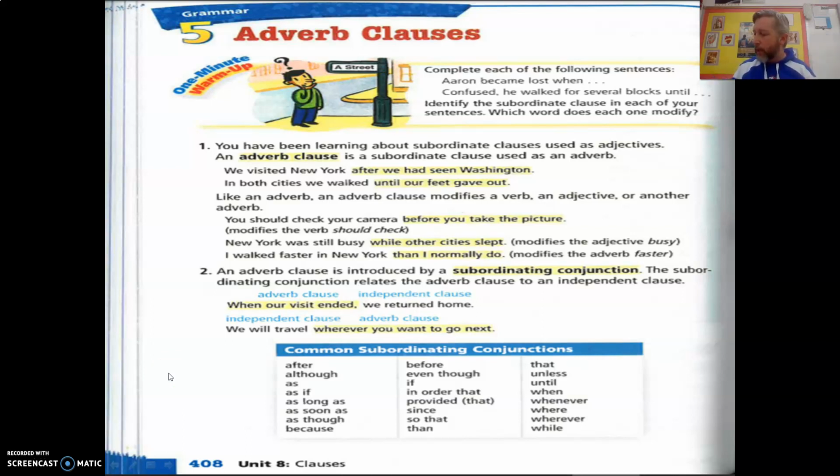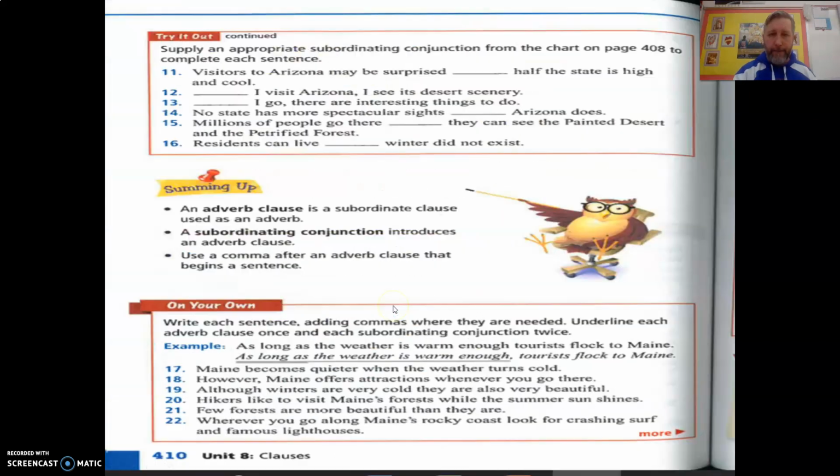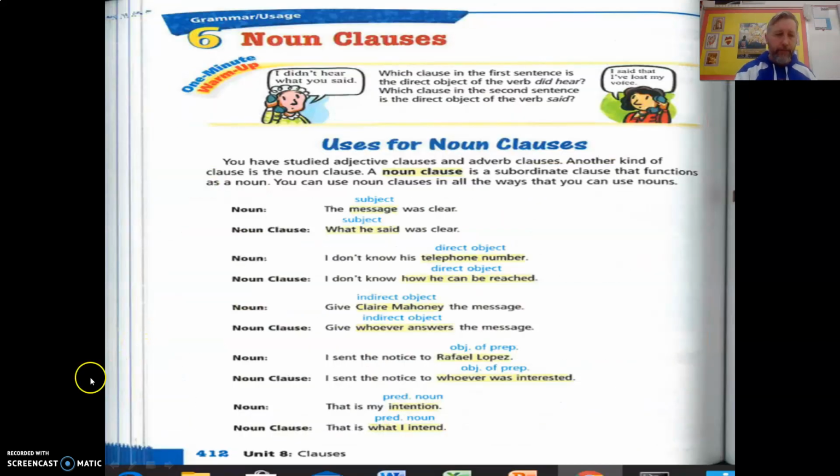Okay, so good luck on that, and we got one more lesson to go here in this unit before we start reviewing. Test is coming up, and I'll talk about the test in tomorrow's lesson. Or actually, I don't think you have a lesson tomorrow. Let me double check this here. Yeah, I gave you the day off tomorrow for language arts. So Thursday is when we'll talk about noun clauses. Okay, so until then,